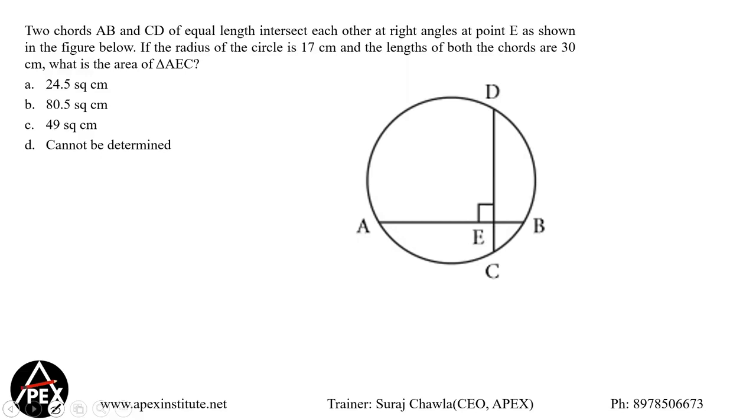Okay, let's discuss this, guys. It's a very easy question. I do not know why it is taking so much time. Let's see. Geometry is more about taking the hints from the question. So it says two chords A and B of equal length intersect each other at right angles at a point T.